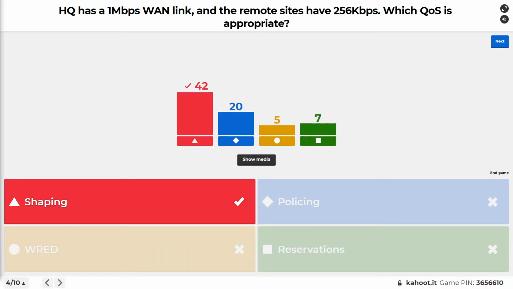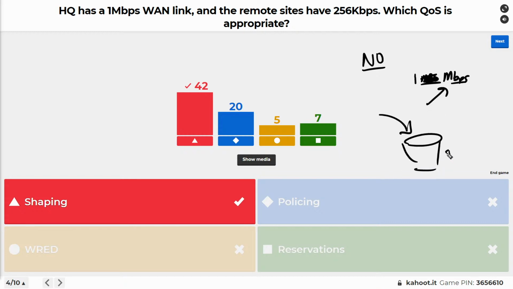It indeed is shaping. Policing in the world of QoS is all about no. For example, your traffic shall not go above 1 megabit per second. However, it's going to go ahead and kill everything above that. Oh, that's MPS. What the heck is MPS? Megabit. Let me change that. Mega, lowercase b, per second. There we go. So policing is all about saying, hey, if you go above that, I'm just dropping the traffic, boom, killing it into the bit bucket. That's a bit bucket right there.